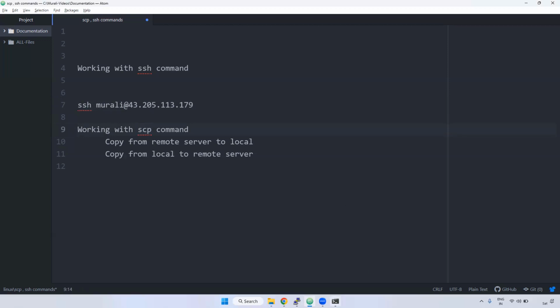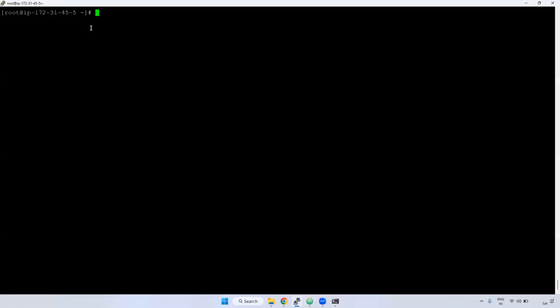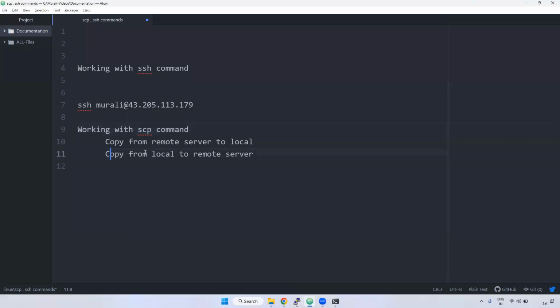Remote server is nothing but this particular Linux server. I mean, this is the Linux server, right? If you want to copy from your laptop, that is local, to remote, or remote to local also, we can do both. Okay, first thing, I'm going to copy from the remote server to local. So for that,